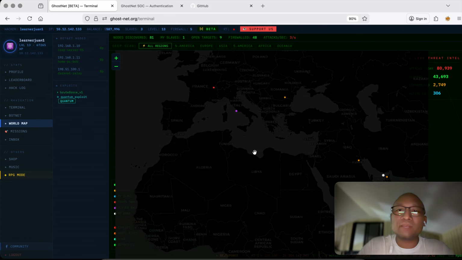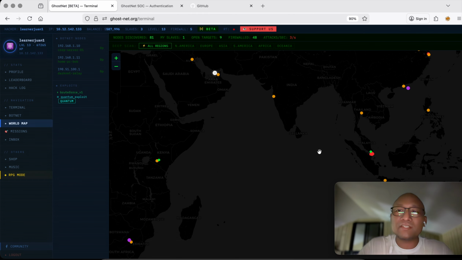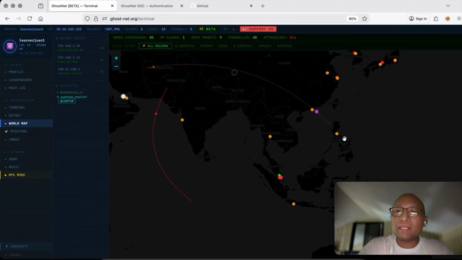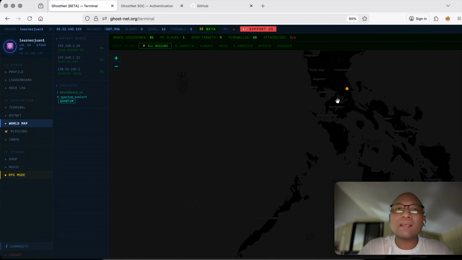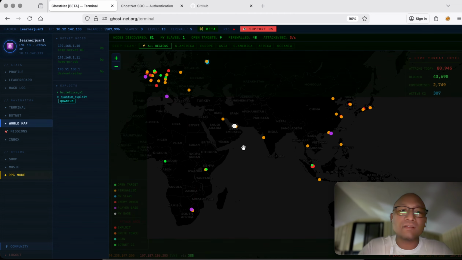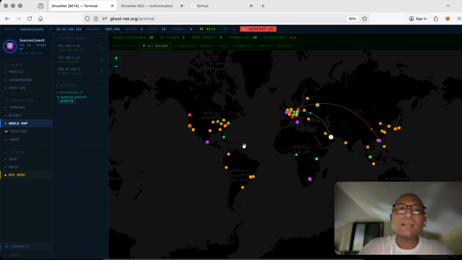You can zoom in on this edition, unlike the old one, but you cannot see the IPs of the nodes. It seems to overlap. Okay, anyway,